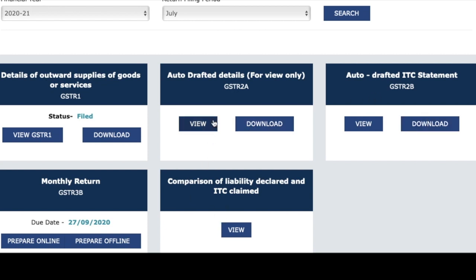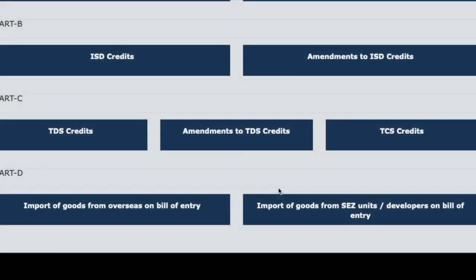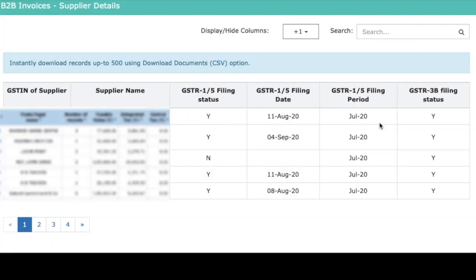GSTR 2A is also available like it was always available. Just one addition that they have made to GSTR 2A now is that they are going to show the period of the return and the date when it was filed. Now this date actually helps us to understand when did we verify last, have there been any changes after we verified. So that can actually help us. However, even GSTR 2B will serve a good purpose there. This is how GSTR 2B looks. By way of this video, my idea was to give you an understanding of GSTR 2B, at least in the initial stages, as to how it looks and what it is.